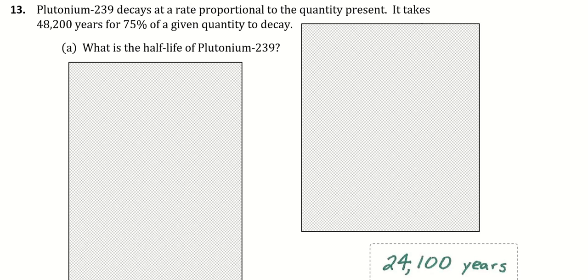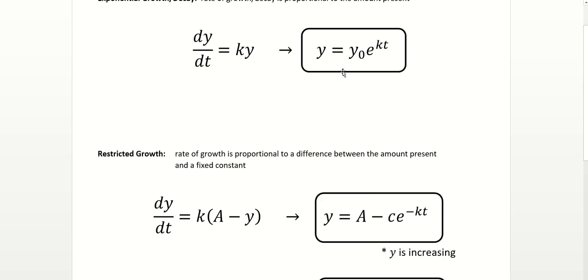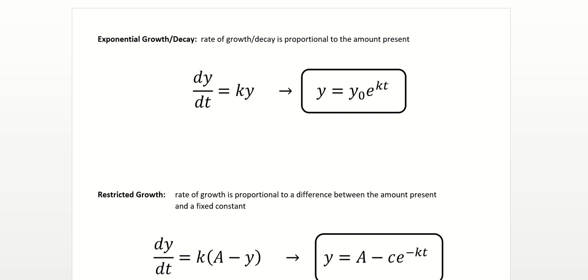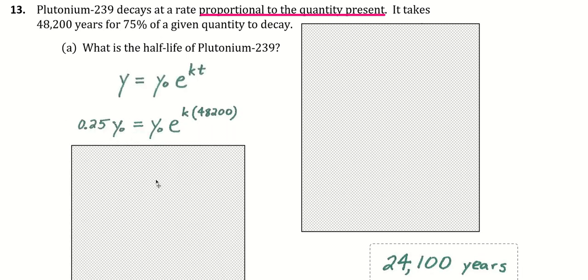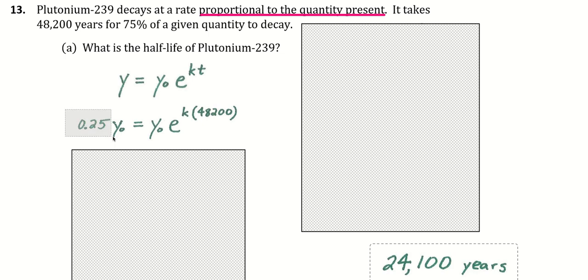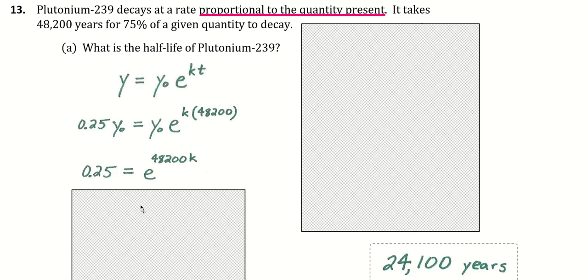So here we have the actual words for this kind of decay where it says proportional to the quantity present. So that directs you to this formula, and so it takes this many years for 75% to decay, which means this much is left. So this goes in for T, and then we end up getting to here. Keep in mind, I haven't mentioned this in this video yet, but